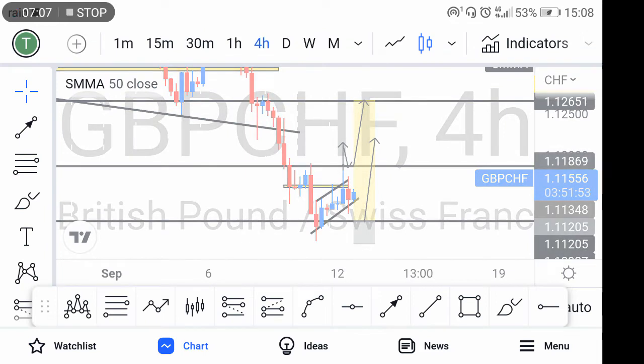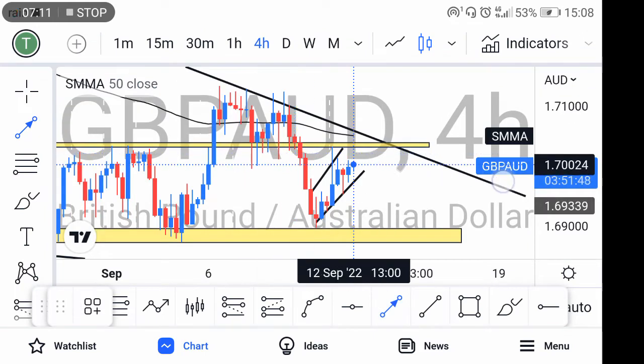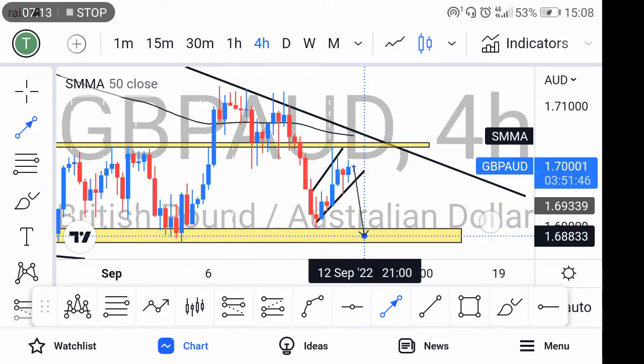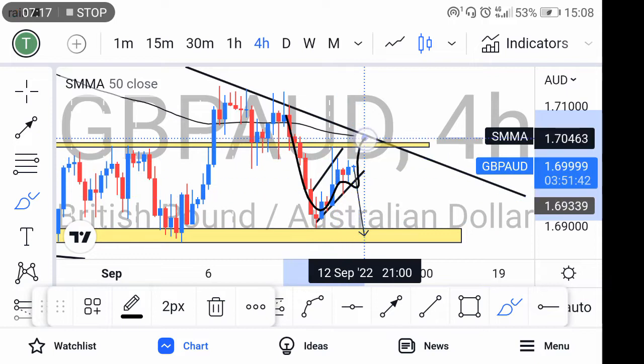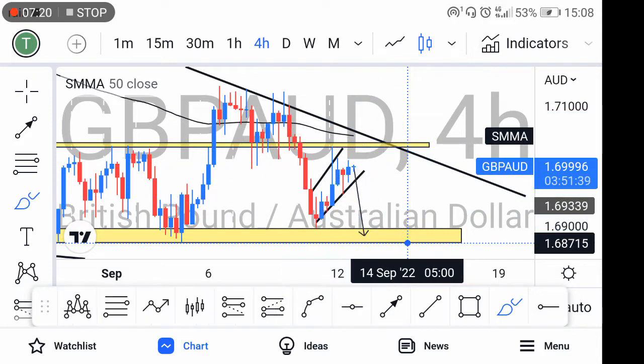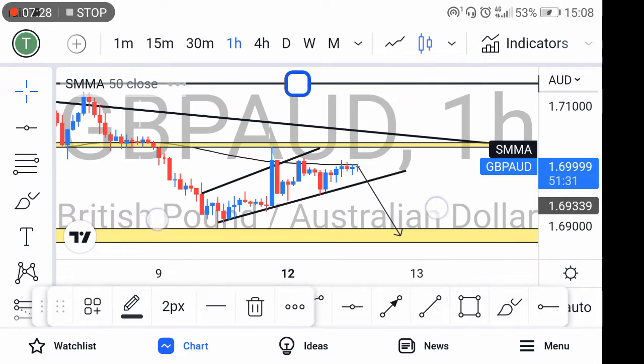GBP AUD, I'm also expecting it maybe to go down here, guys, because we can see this was an impulse correction and I'm expecting a continuation. And if you can see on a one hour, guys, if you can check it on 1 hour,